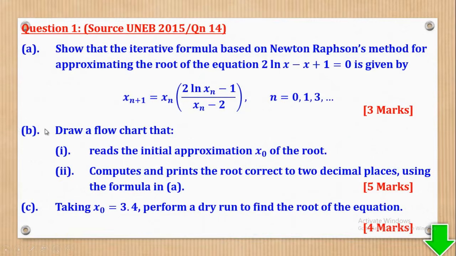Now we shall go to part B. Part B says draw a flowchart that (i) reads the initial approximation x naught of the root, (ii) computes and prints the root correct to 2 decimal places using the formula in A above. So for the reading part, they only want you to read x naught. Then computing, we shall compute using this formula. Then printing, they want you to print the root, which is xn+1. Therefore, we shall come here and say